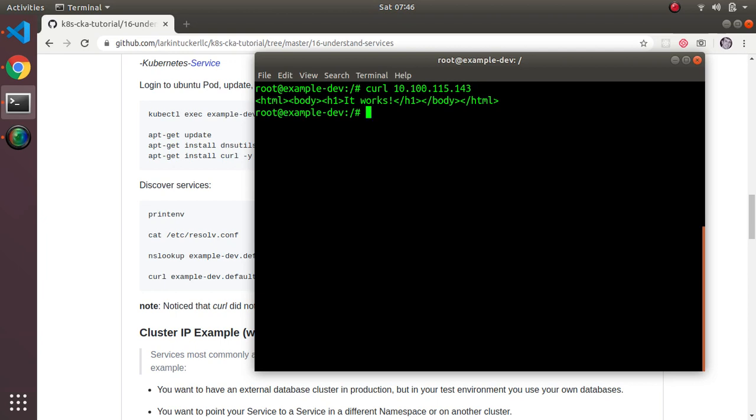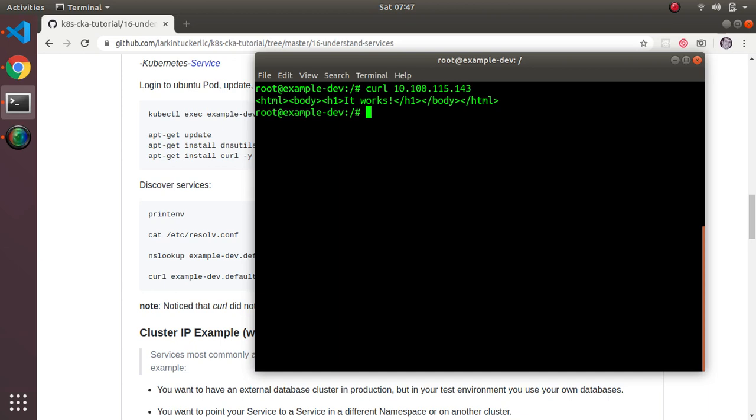Basically, curl is a command line tool for opening web pages. It goes to the web page, hits the 10 address, right? And then it basically proxies and sends the traffic. It will get the web page and send it back to me from one of the back ends. So essentially that's how it's working. I'm hitting the 10 address. Behind the scenes, something else is acting in between me and the endpoints,